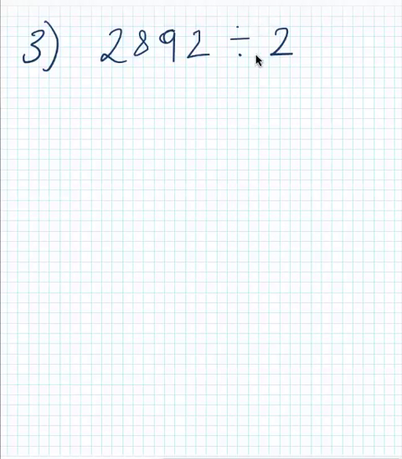Our next question, we are dividing. We have 2,892 divided by 2. So now when you see division, it's a long sort of number, you have to get your, what I call a bridge ready, or your algorithm ready for division. And if you're not sure which goes where, remember we can write it this way,